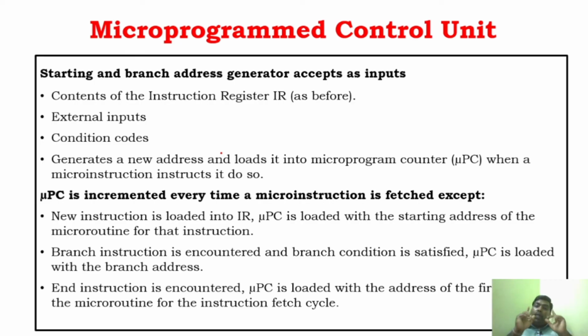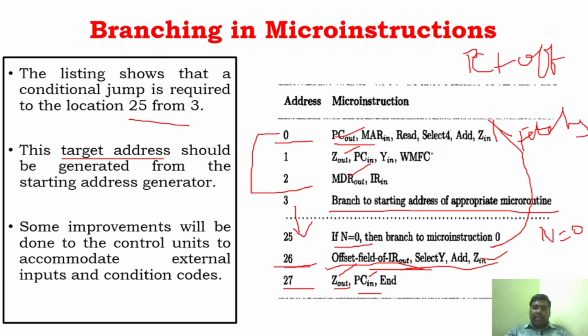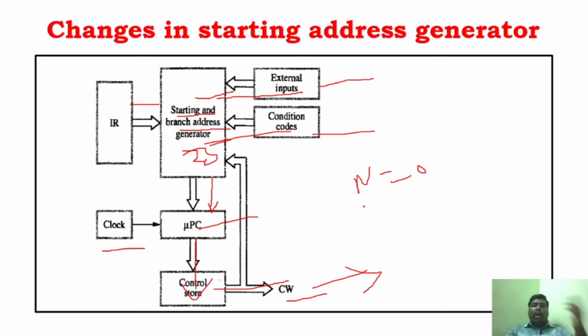You have to understand one particular thing. The PC will be incremented for every step only if it is a normal instruction. If it is a branching instruction, what does it have to do? It should not go to the next one. For example, you can see here in this instruction, the PC will be incremented in order, but after here, it should not go to the next instruction. It has to go to 25. So the microprogram counter must not be incremented for every clock cycle; for a branching instruction, it should not be incremented.